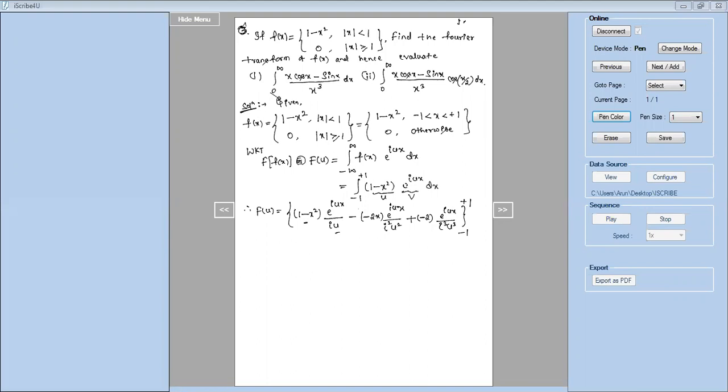Now after integration, you have to substitute the limits 1 and minus 1. See, first let us substitute upper limit plus 1. If I substitute for this, what happens? See the first term. If I put x is equal to 1 here, 1 square is 1, 1 minus 1 is 0. So if I substitute upper limit, this term becomes 0. So 0 into this entire term becomes 0 for upper value.